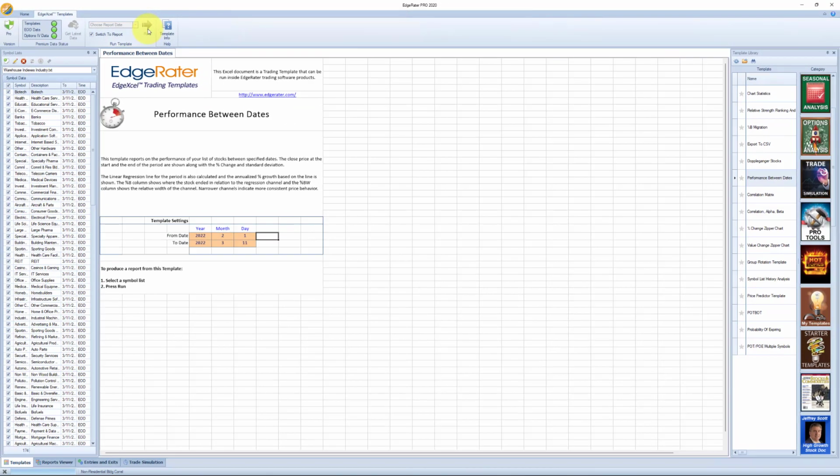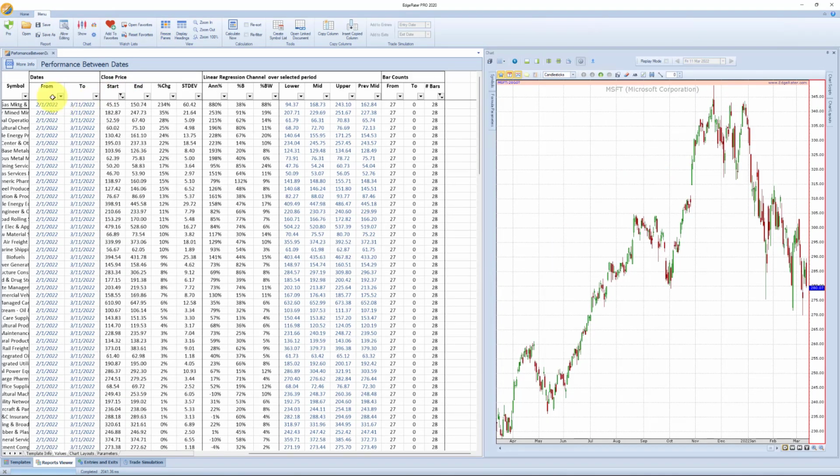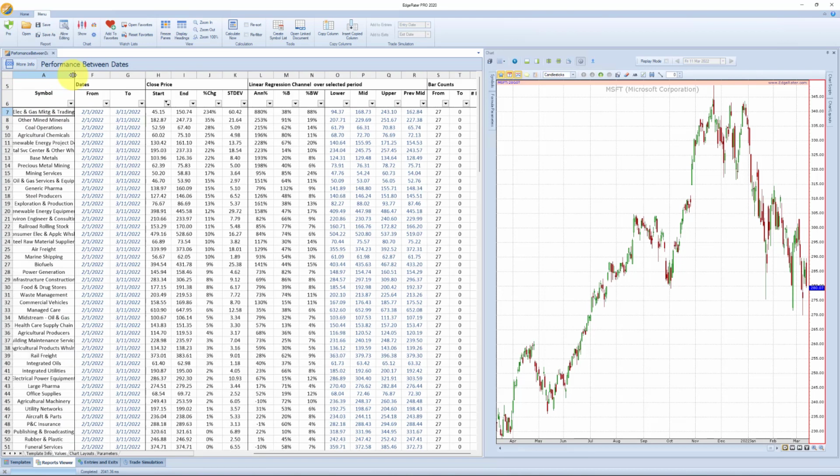So now the report that it's going to give me is a report of all of the industry groups with from and to date, and then you've got your percent change just for those industry groups. Now, once you've run this, this will be important for a step we're going to do later. Also, because you can't quite see all of the name of the industry group here, I'd like to widen this column out. In order to do that, I need to be able to see the headers, the A, B, C, etc. So what you can do here is just go up to your toolbar and say Display Headings. And now you're going to see your spreadsheet headings for the columns and also for the rows, row numbers. Now you can just grab this and slide it over so you can see the entire